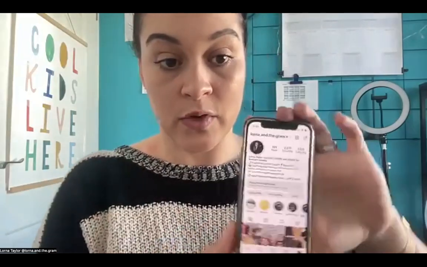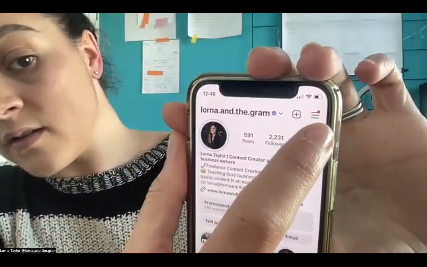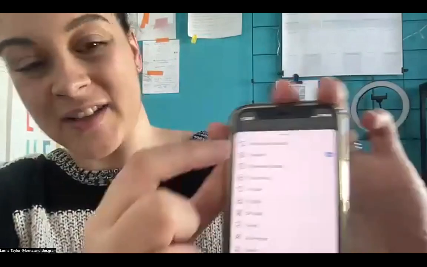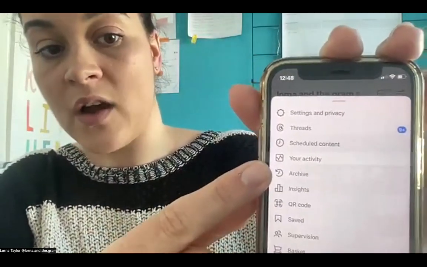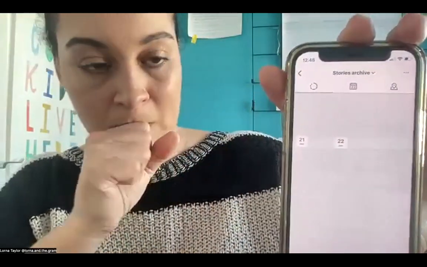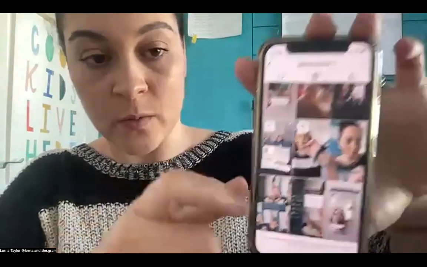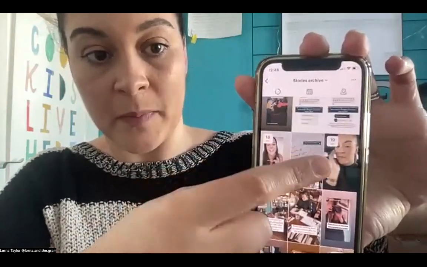If your stories have run out or you haven't shared any, you haven't got any that are live right now, you can find it in your archive. So when you go to your profile, go to the top right-hand corner where those 3 little lines are, where your settings and stuff is. There's a bit that says archive. That's where all your old stories go. So if you wanted to go back to one that's already run out, that's from last week, you could go back and see,